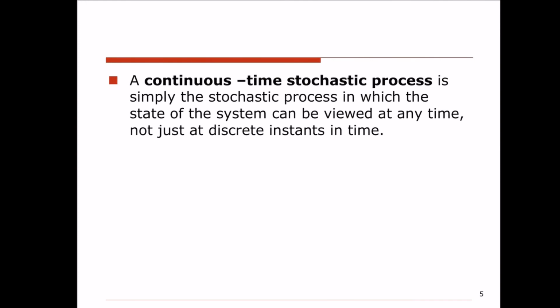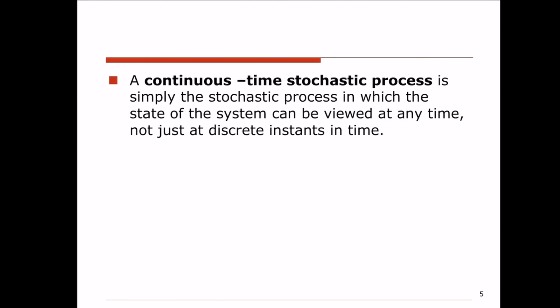However, we also have systems that are called continuous time stochastic processes. In those systems, the characteristic of interest should be monitored continuously over time. For example, if I look at the level of the water in a dam or in a reservoir, the level of the water is changing continuously over time, based on the level of precipitation or evaporation that we get, and we may be interested in looking at the level of the water and how it is changing at continuous points of time. In that scenario, we call that system a continuous time stochastic process,